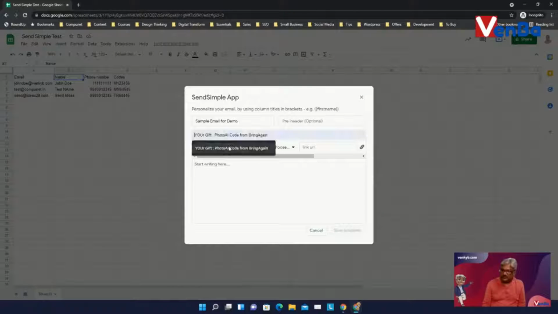And then I'm just simply sending something, and then say hi. Just with the curly brackets, you give the name of the column that you have. It could be anything. So name, then please be informed that your